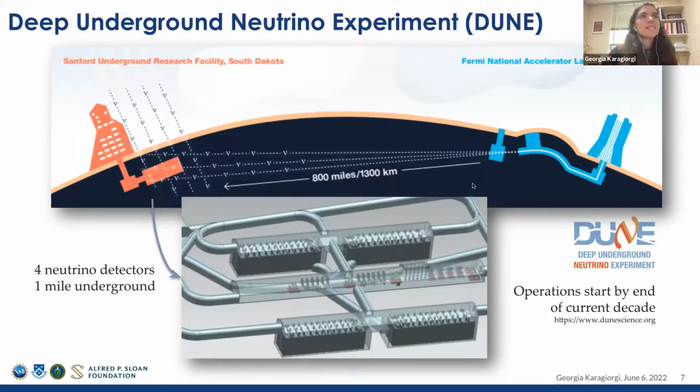So this experiment, called DUNE, is currently in the early stages of construction. And the far detector will comprise four different sub-detectors, each one 10 kilotons in size, of liquid argon, cryogenic cold liquid argon detectors, which have the ability of imaging charged particles that are produced in neutrino interactions with the argon.